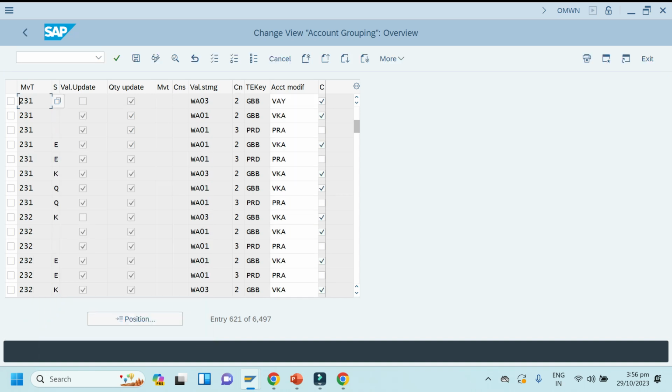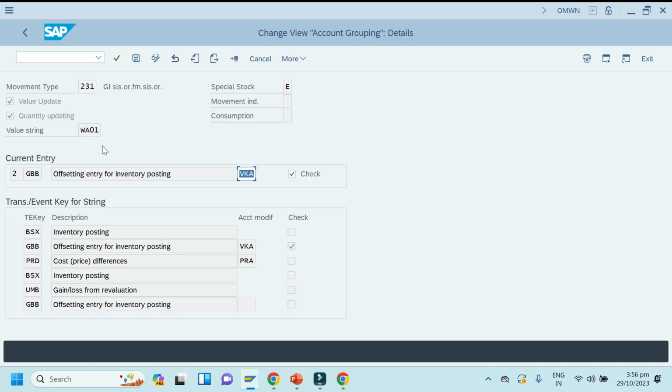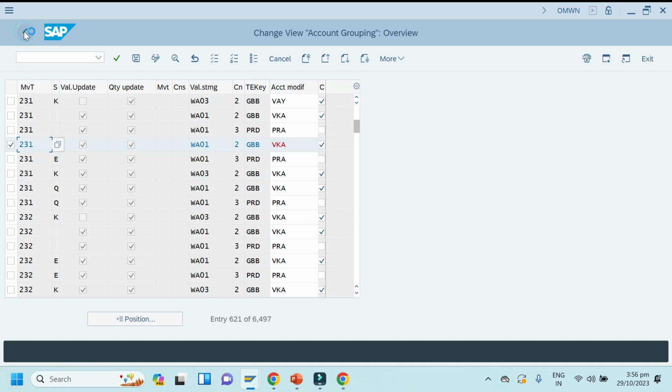Next, VKA. VKA is for sales order account assignment. Movement type is 231, you can note it down, 231E.